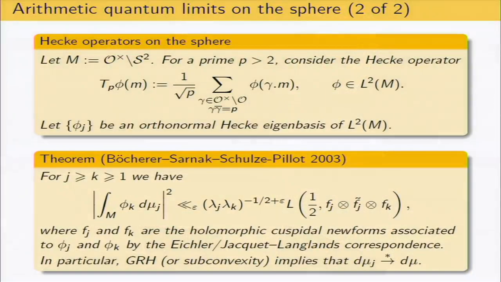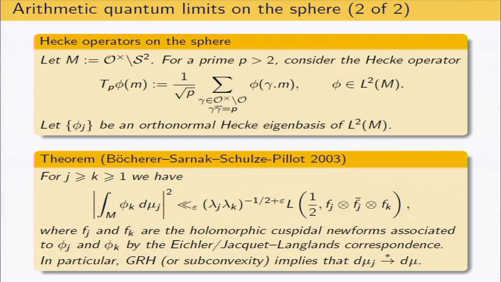Now, the trivial or convexity bound for this L function is apparently lambda j lambda k to the 1/2 plus epsilon. So the convexity bound just fails to capture the decay of these quantities. But if you assume subconvexity for these L functions or even the generalized Riemann hypothesis, then in a very strong sense, you can see that the projected measures on M, so these are not the Wigner measures, these are the projected measures, do tend in the weak star topology to the uniform measure. In fact, it captures an optimal rate of decay lambda j to the -1/4 under GRH for true Hecke eigenbasis